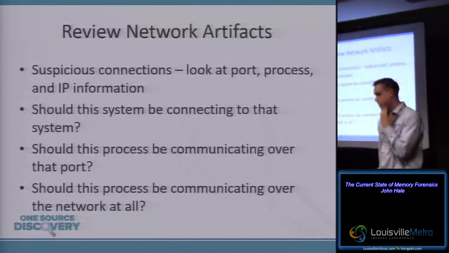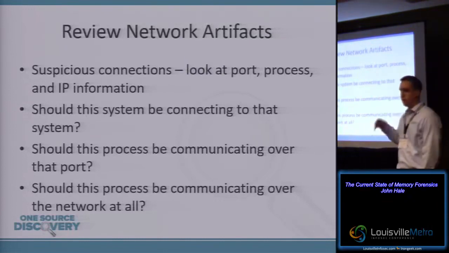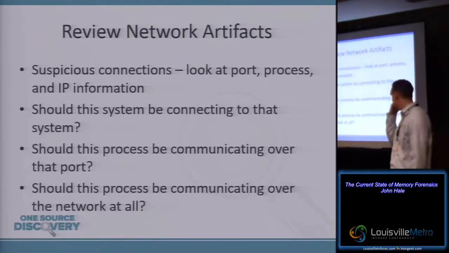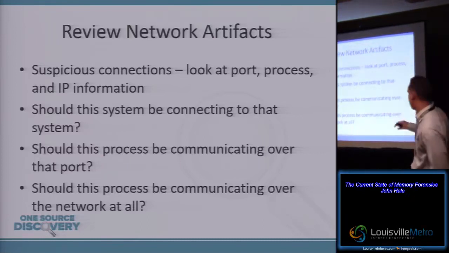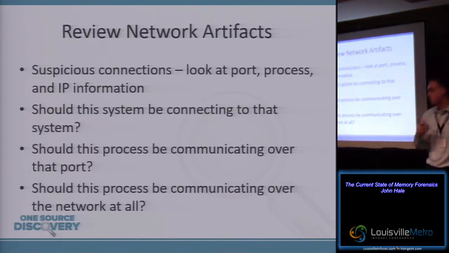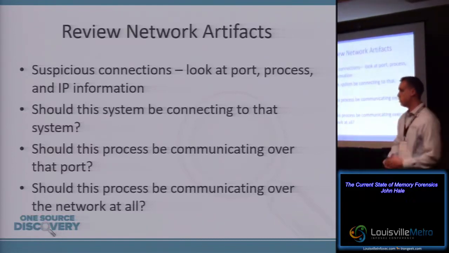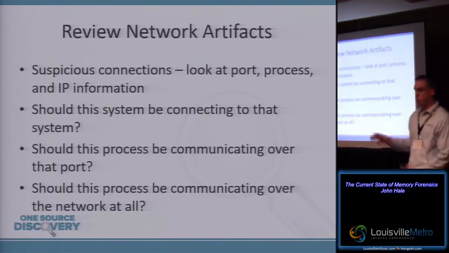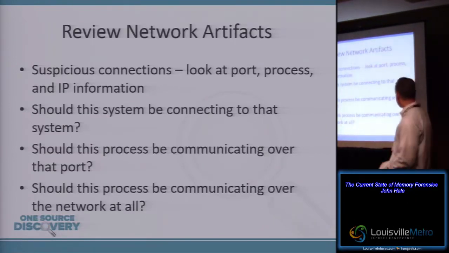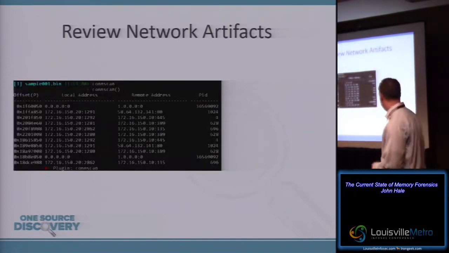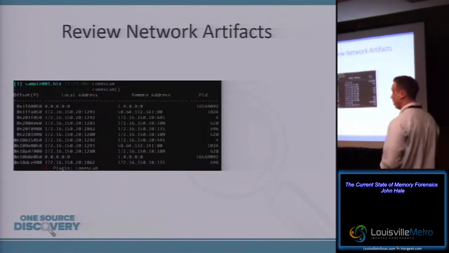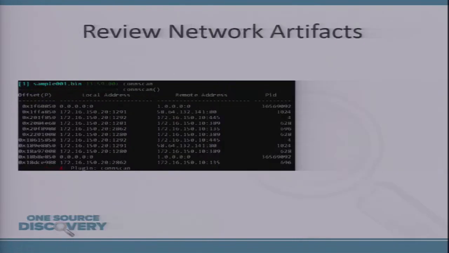So network artifacts is a good one in that if you're looking at the process listing and there's nothing standing out, nothing suspicious there in and of itself, or you just want to start with network artifacts because the process listing isn't going to do much for you, this can be very beneficial. So here you're looking for simply suspicious connections. You're looking for whether or not this system should be communicating with that system, or this process should be communicating over that port, and so on and so forth. So this is the output of a connscan plugin, and this is from Rekall as well. So same tool here, different